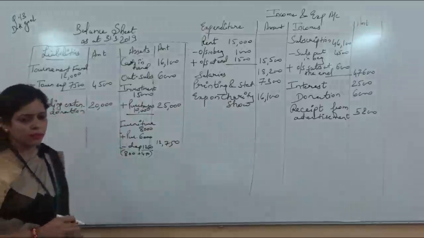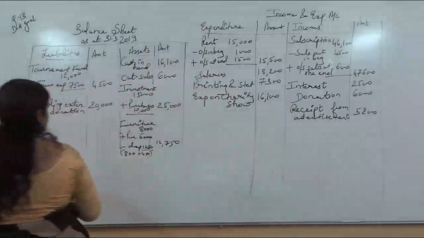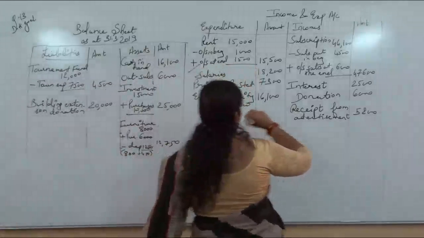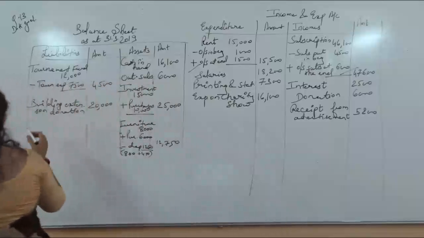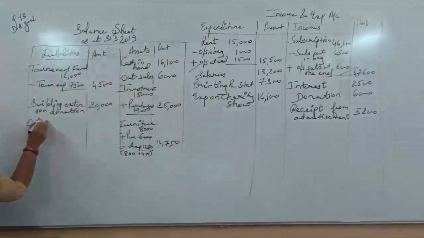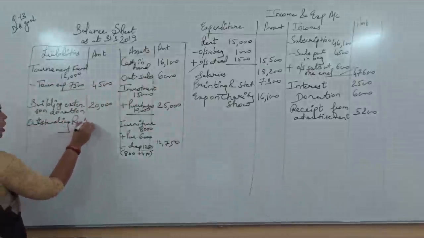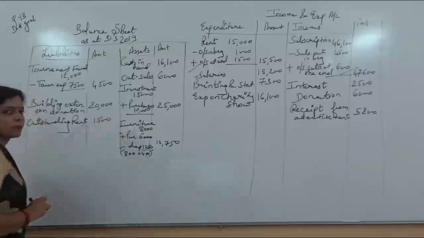Okay, right. Then you can see outstanding rent was there related to the current year. We have taken this adjustment. Whatever this adjustment, one we have taken here, one we have taken here. What was related to the current year? Outstanding rent, it's a liability. It has to be paid, not yet paid. Outstanding rent. How much is it outstanding at the end? 1,500.